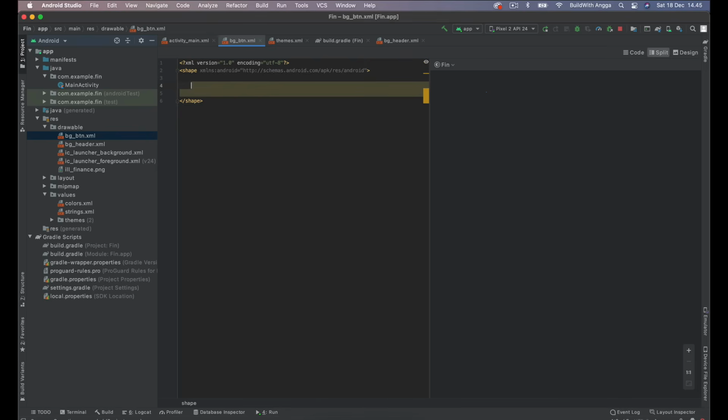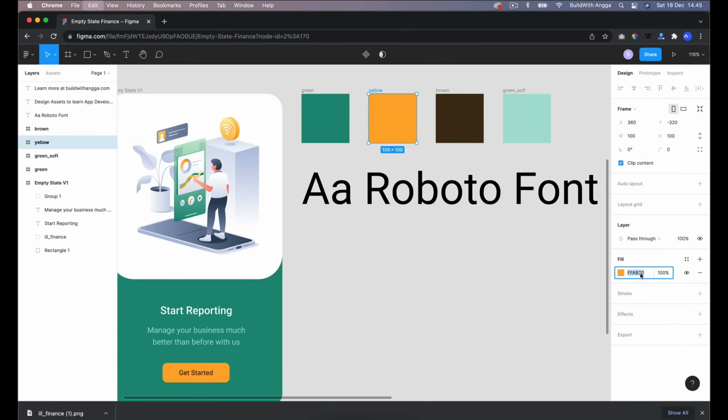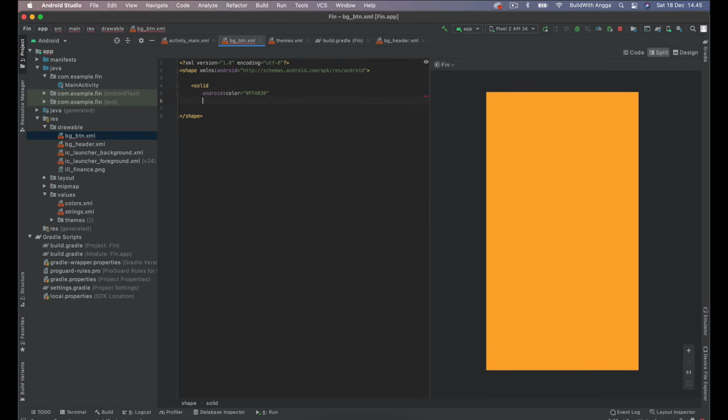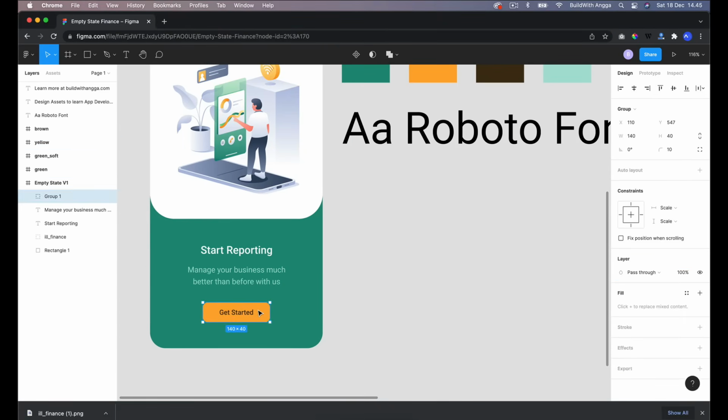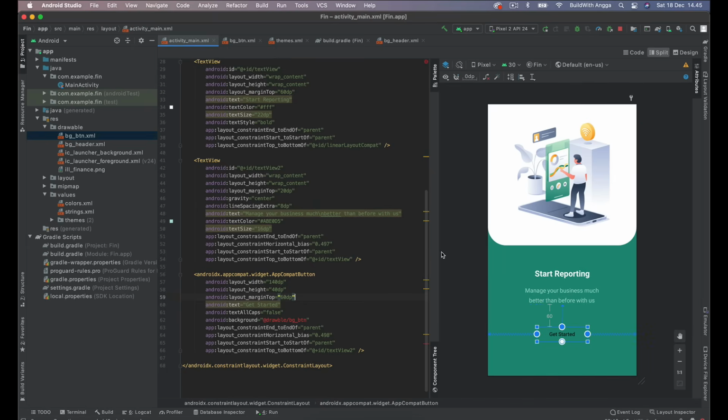We need to give the solid color. Let's take a look. Okay, this color. And for the radius about 10 dp. So the corner, set up the radius 10 dp, just like this. Okay, and we're going back, and we do have this button drawable.